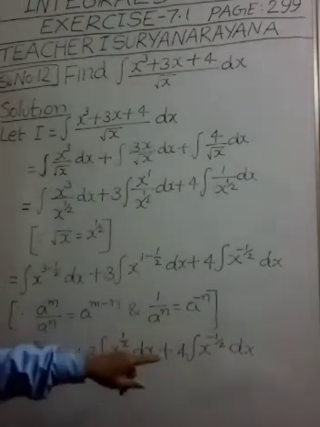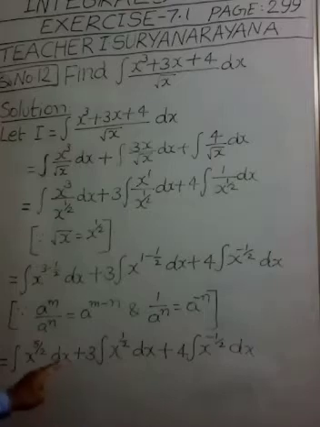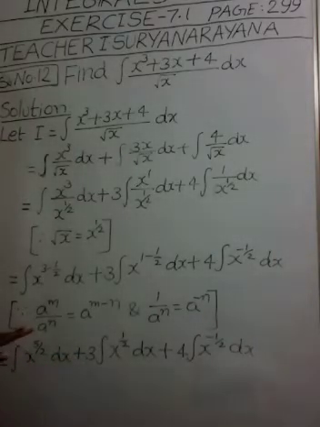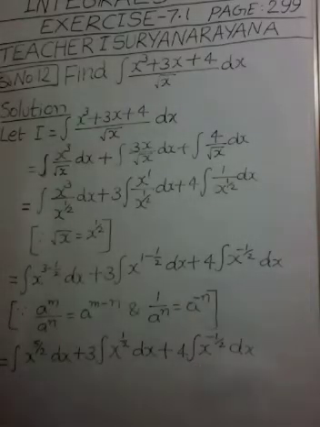I wrote this last term as it is because the first two terms are also in the form of x to the power of n. So I use the integral formula, integral x to the power of n dx, in the next step. That is why I wrote the last term as it is. Understood this step, my dear children? Right. This is equal to,